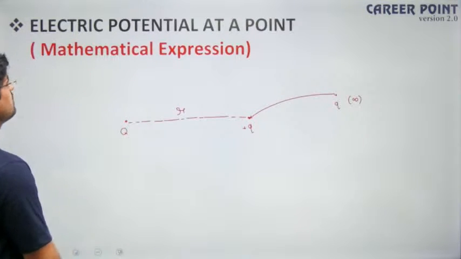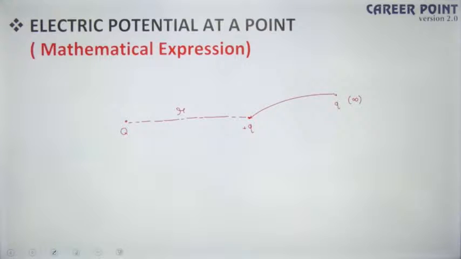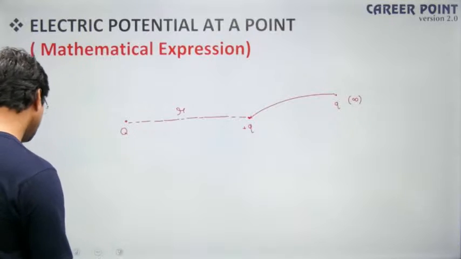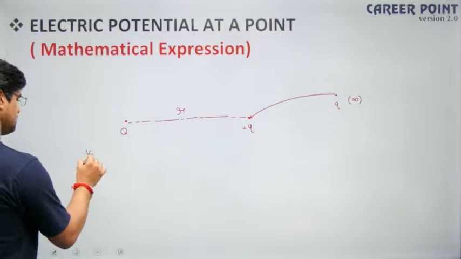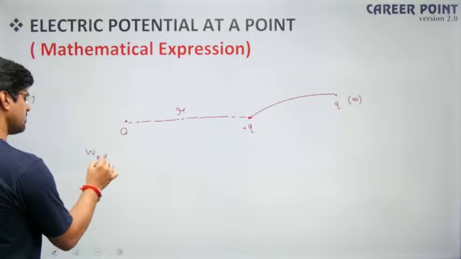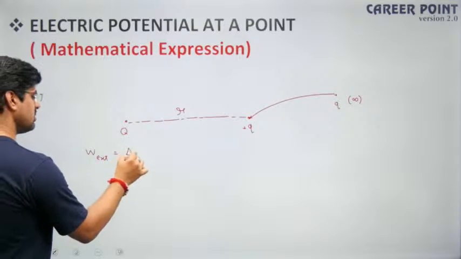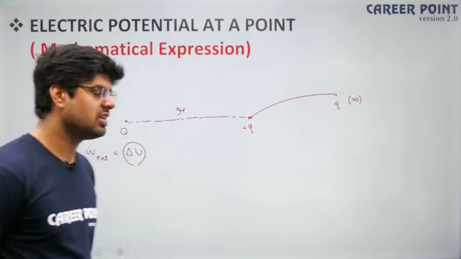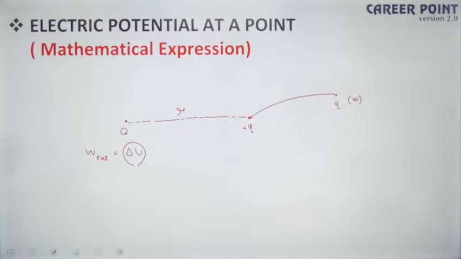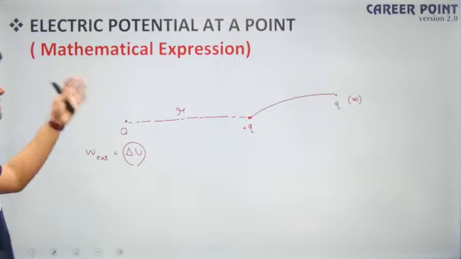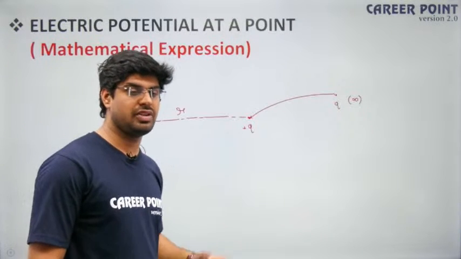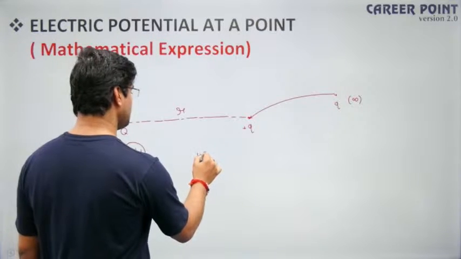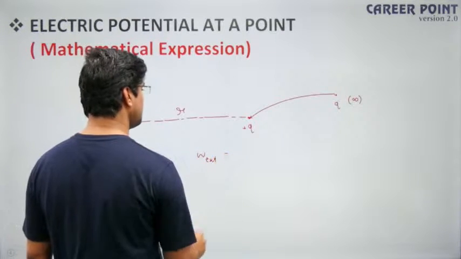Now, this is the work done in bringing a unit positive test charge. We know that the work done by an external force can be expressed as delta U, the change in potential energy. We could use the potential energy expression here, but till now we have not discussed potential energy, right? So other than that, if I have to say what the work done by the external force will be, then I can mention that